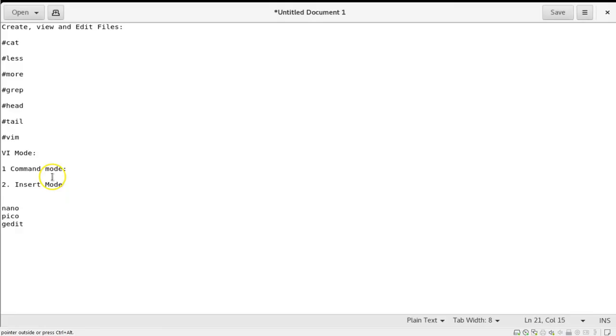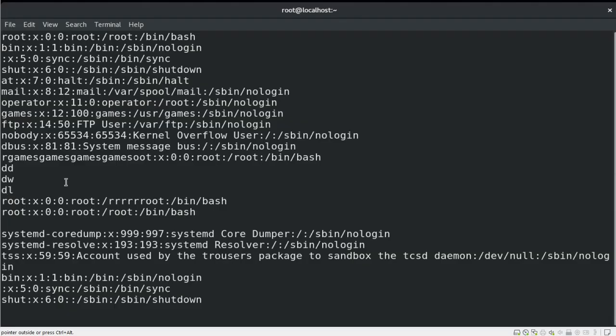Let's discuss the third mode, which is nothing but EX mode, or we also call it exit mode. In this particular mode we exit the file and save the modifications.